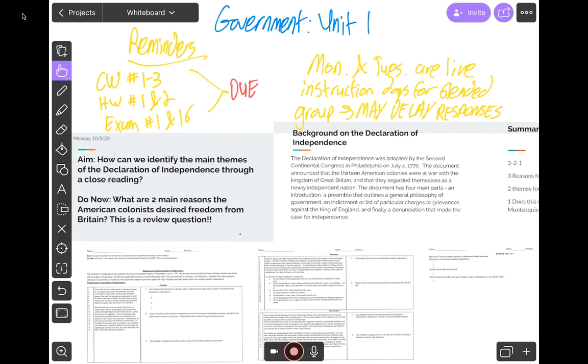Before we get into our material for today, just want to hit a couple of reminders first. The work that has been due, first off, we have 3 classworks, 2 homeworks, and then the assessments or exams from last week. Remember, exam number 1 was the research into a country's government, and then 1B was the presentation of that information that you found. All right, and a lot of you guys found some cool information about some various countries from